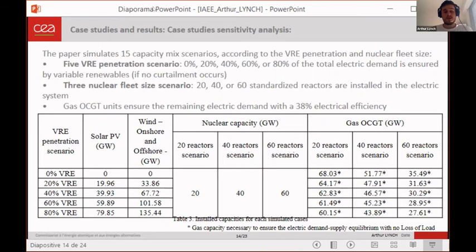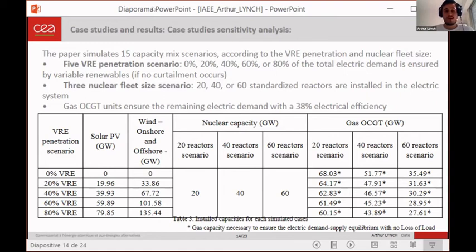So now the sensitivity analysis that we are performing. We have 5 different variable renewable penetration scenarios that range from 0% of the total electric demand to 80% of the total electric demand, of course if no curtailment occurs, and 3 different nuclear fleet size scenarios: 20 reactors, 40 reactors, and 60 reactors, whose nuclear planning we already completed. And the rest of the electric demand is ensured by open cycle gas turbines with a 38% electrical efficiency. So all of that gives us 15 different capacity mix scenarios, where in some cases we have high variable renewable penetration and a high number of nuclear reactors, and in other scenarios we have low variable renewable penetration and